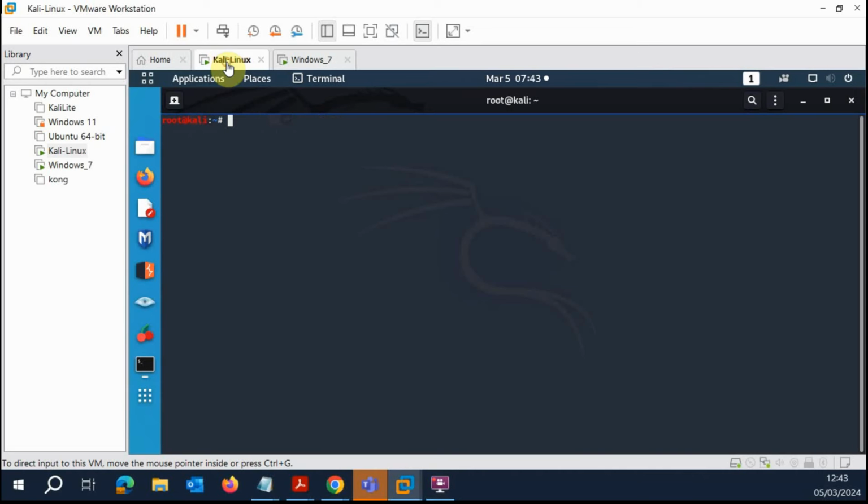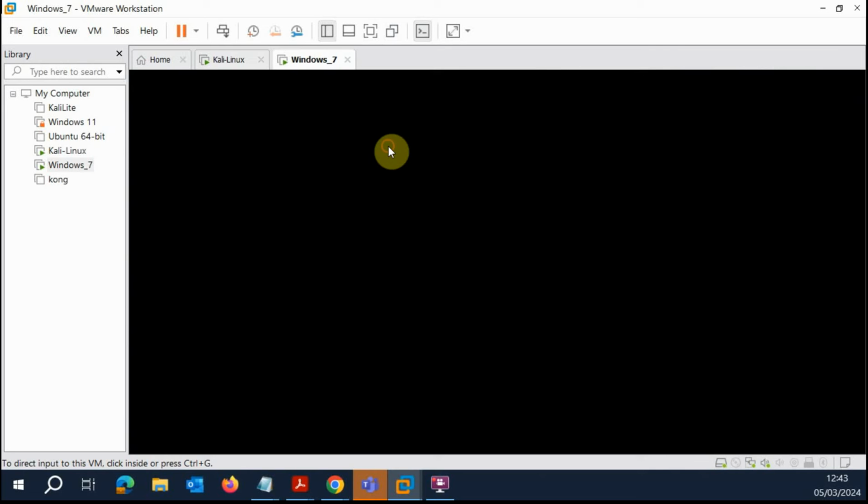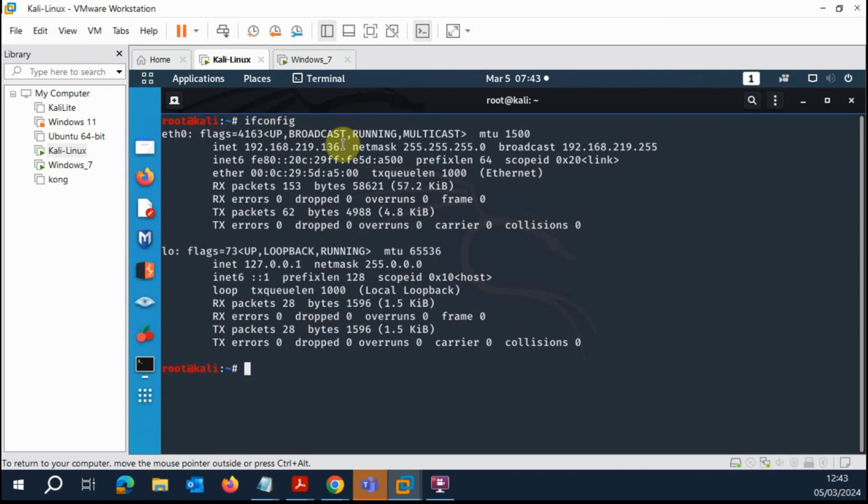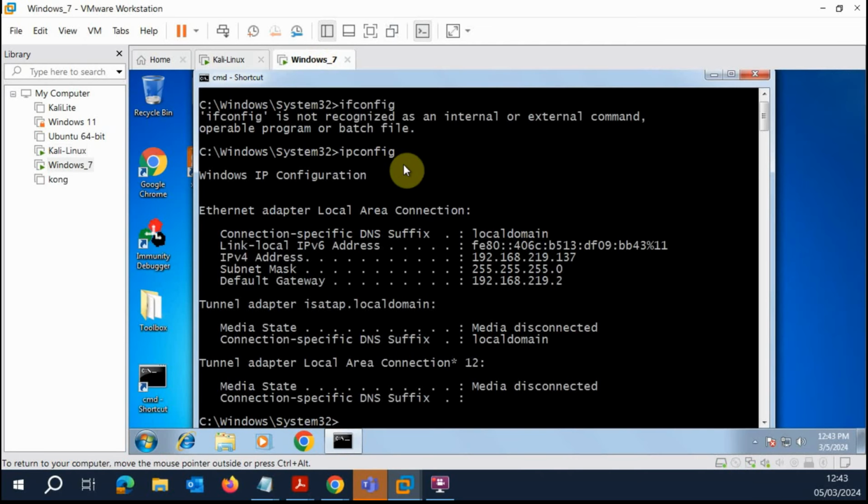So as usual, I've got my Kali Linux machine started and also my Windows 7 lab machine. These are the two virtual machines you would need for this specific exercise. A quick thing I'll do is run ifconfig and find out the IP address of my Kali. On my Windows, I've also run a similar command, ipconfig, and this is the IP address